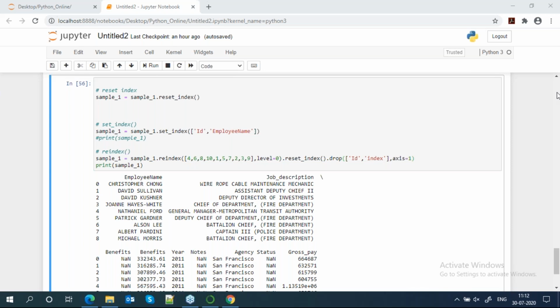If the column has many duplicate values, sometimes you can create a single index, but you cannot create a multi-level index. That also I will cover. For that we are creating a pivot table, so we will cover it in the next class.